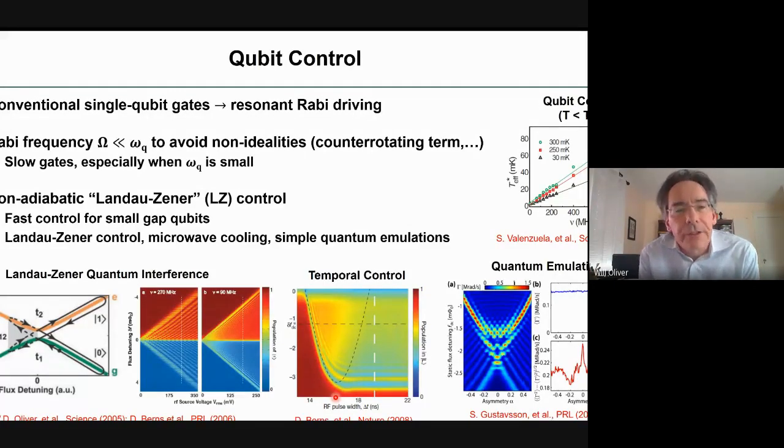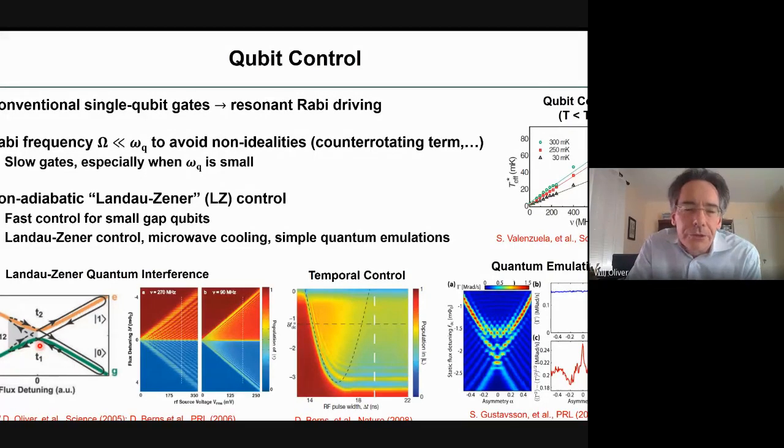But the dephasing time was short. It was about 20 nanoseconds, and that's what limited it. Nonetheless, the idea of this Landau-Zener effect is that rather than just Rabi driving, you start at some point and then you just oscillate the tuning parameter, whatever it is in your system, back and forth through an avoided